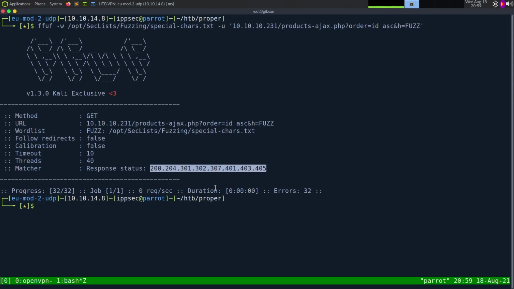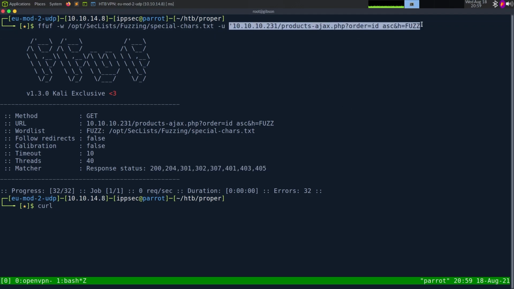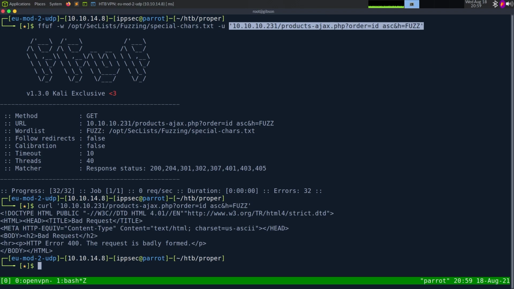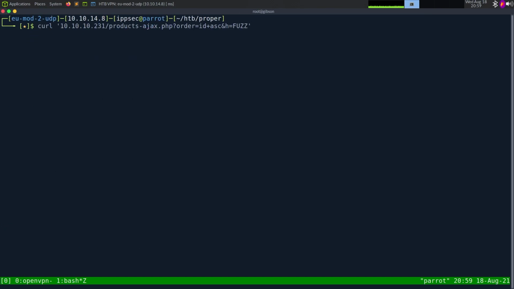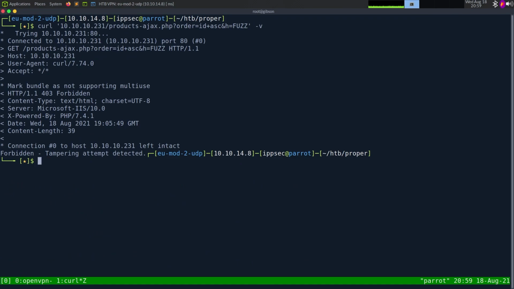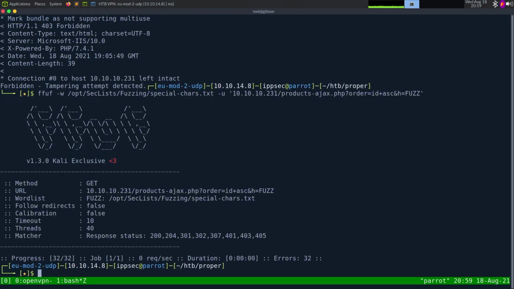I'm guessing the page we're getting is something different than that. So what I'm going to do is a curl request, and we can curl this entire thing and see what happens. Badly formatted. I wonder if URL encoding. Okay, that's what it is. So now if we do a -v, we get a 403 forbidden. So that's what we want. So do this plus ASC FUZZ, and